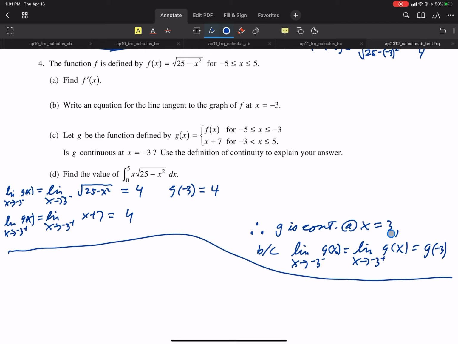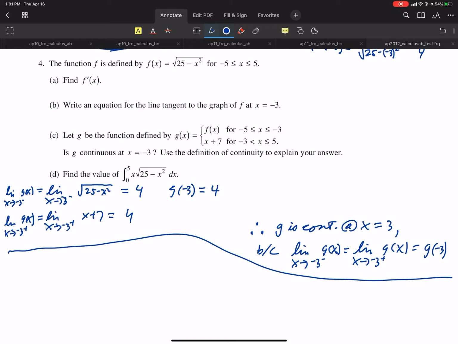I have shown that the limit as x approaches -3 from the left is 4. The limit as x approaches -3 from the right, that's also 4. And g of -3 is 4. Well, my mouse just died. I don't know what happened. Hopefully it comes back. Anyways,